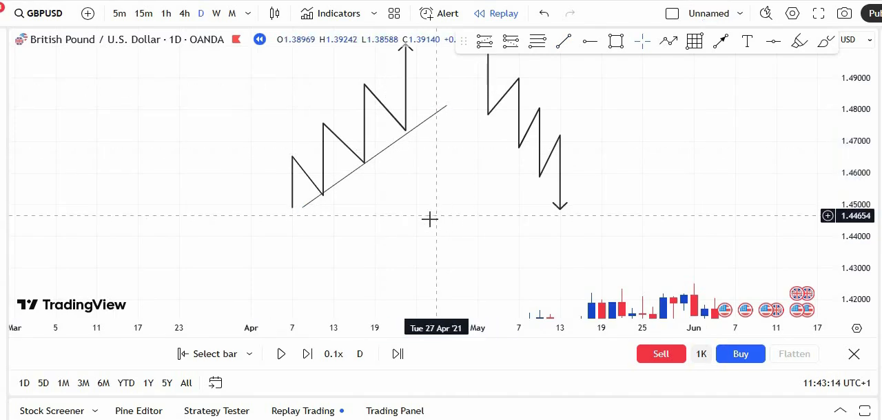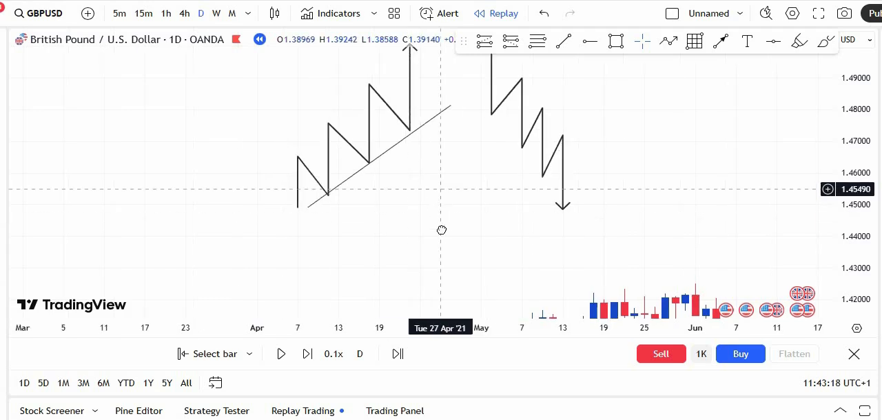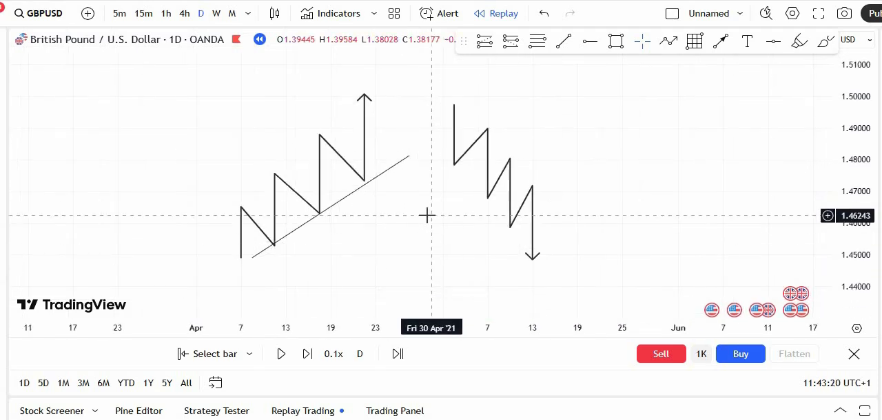I have gotten a lot of questions: what is the best way to draw a trend line? Is it on the wick or on the body of the candle? The answer is to draw your trend line where you can get a lot of touches. If you can draw a trend line where it has a lot of touches, that means